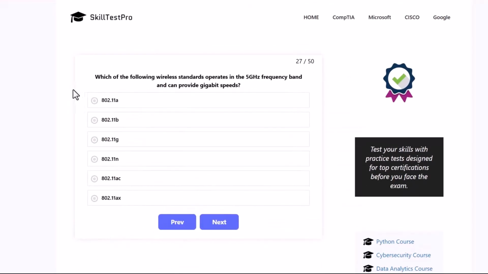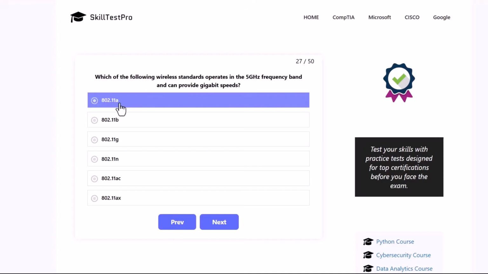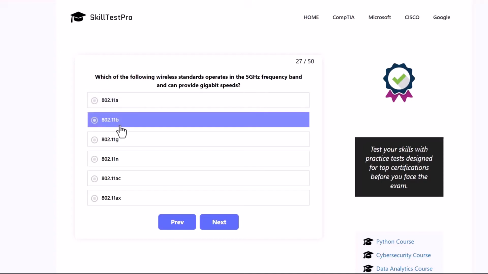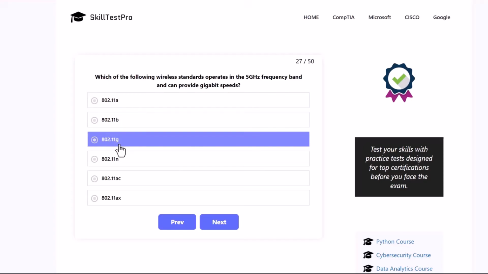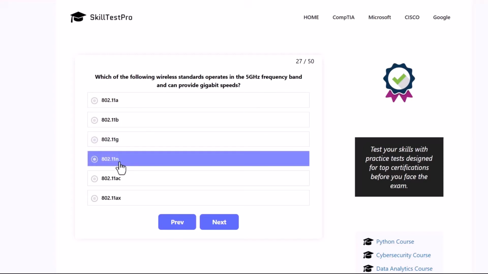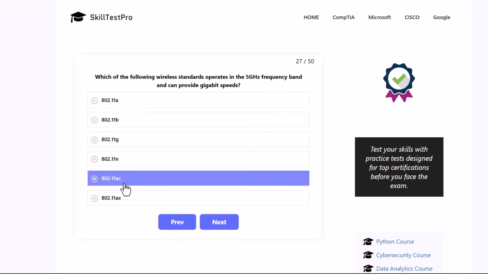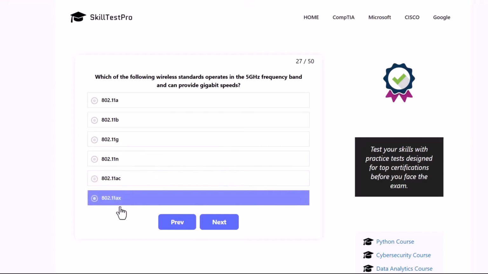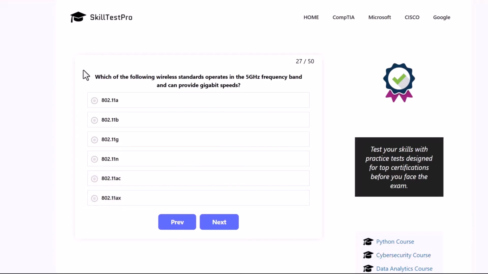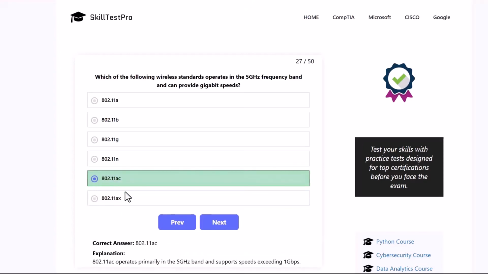And next question: which of the following wireless standards operates in the 5 GHz frequency band and can provide gigabit speeds? 802.11a, 802.11b, 802.11g, 802.11n, 802.11ac, or 802.11ax. And the correct answer here is 802.11ac, as 802.11ac operates primarily in the 5 GHz band and supports speeds exceeding